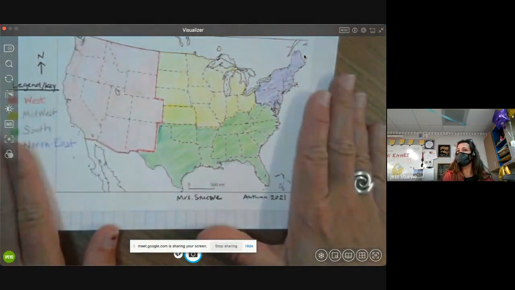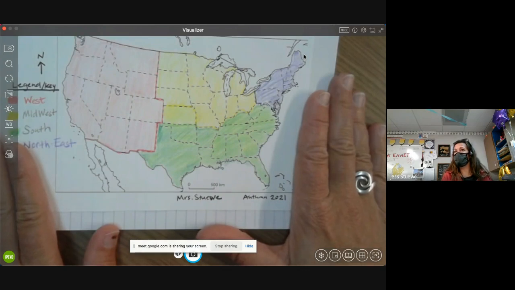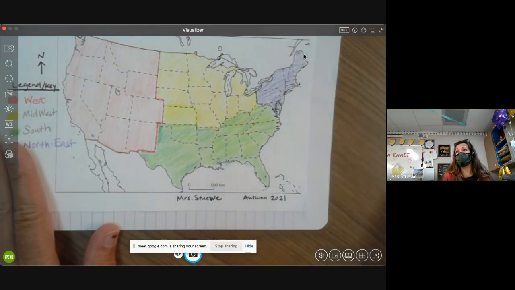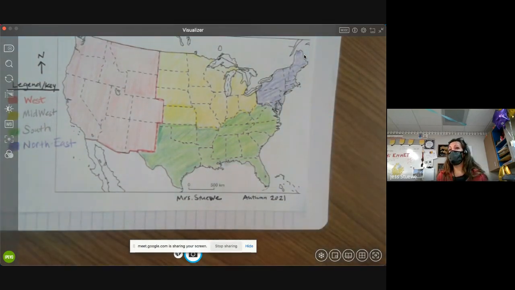Okay, regions map. Are we feeling good about the regions? Yep. All right, yes. Axel? A teepee is kind of like a tent. A teepee is sort of like a tent, yeah. It is sticks and then... It's a big tent. You could fit a family, a large family in a teepee, and you could also build a fire inside a teepee. I would not recommend having a fire in your tent. So teepees are a little different than a tent, right? But if you have slept in a tent, you can imagine what it might be like to sleep in a teepee, perhaps.